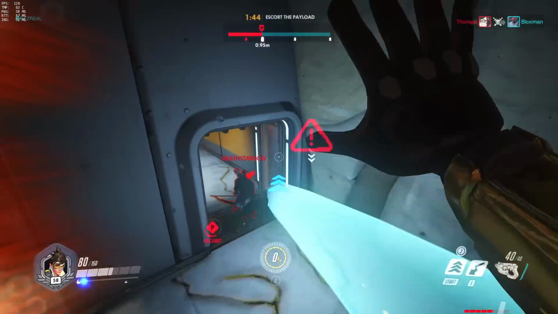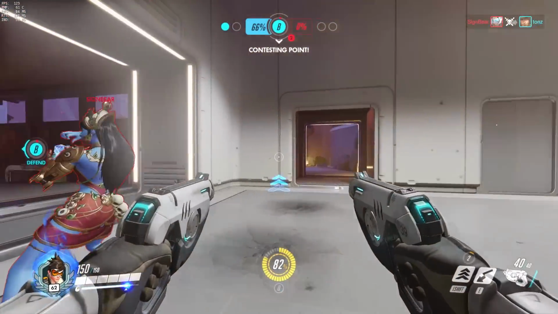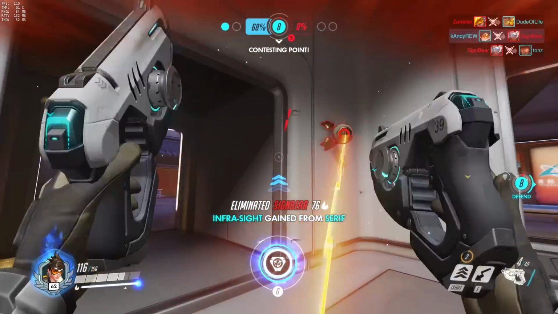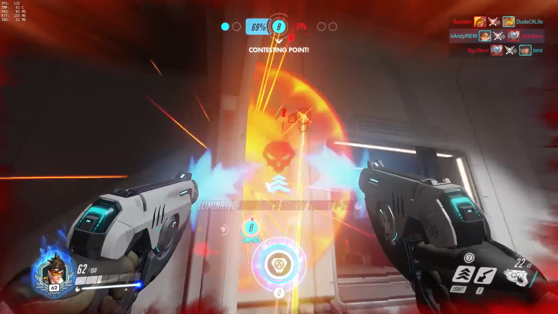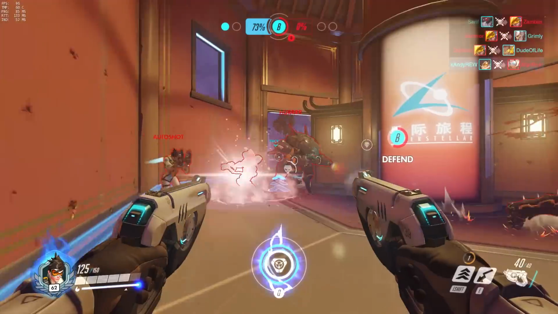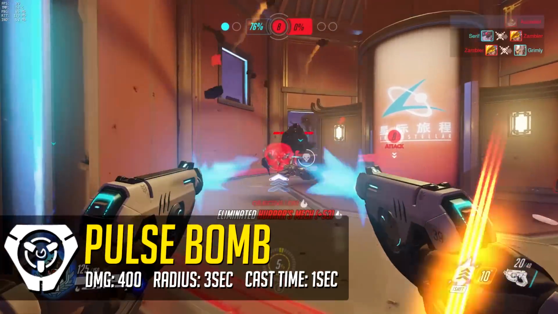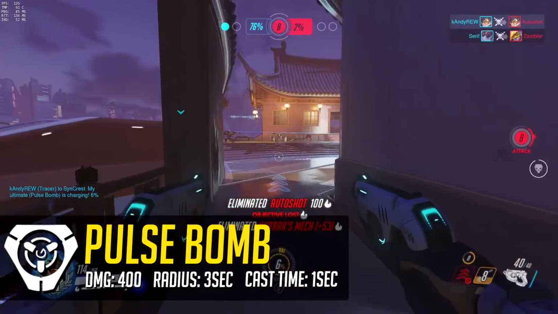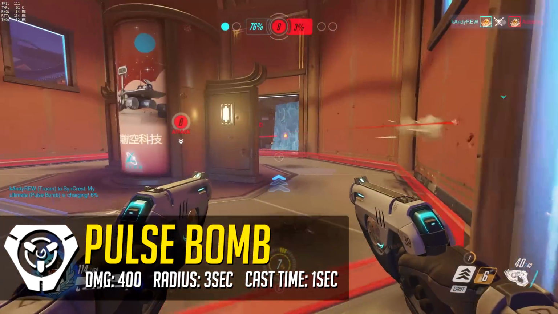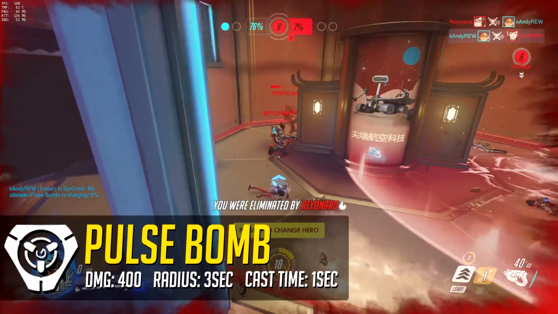So you guys have to really get into the rhythm of Tracer. It's all about the timing and all that good stuff. Next up, we have Tracer's ultimate ability, and that is the Pulse Bomb. When I first played this game, I thought, oh my god, the Pulse Bomb must kill everyone. But surprisingly, the Pulse Bomb only does 400 damage on contact, and it's got a small splash damage radius. It's not that big. The radius itself is about 3 feet, and that is...